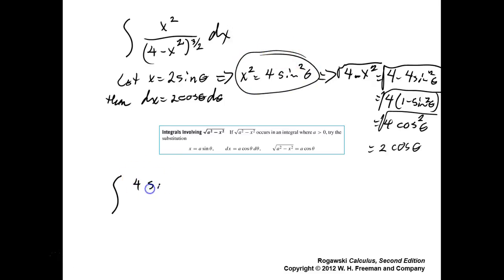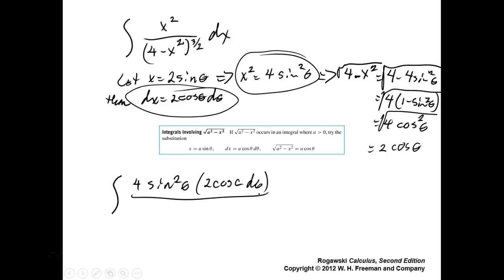4 sine squared theta. Your dx is also in the numerator. That is 2 cosine theta d theta. Okay? And your denominator is, okay, I probably shouldn't have done all that I did. Let's just leave that